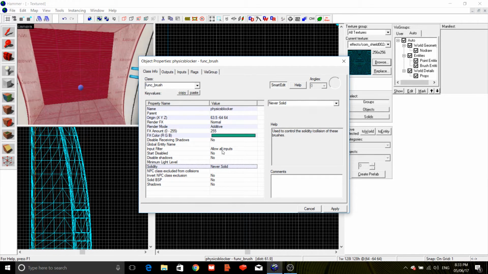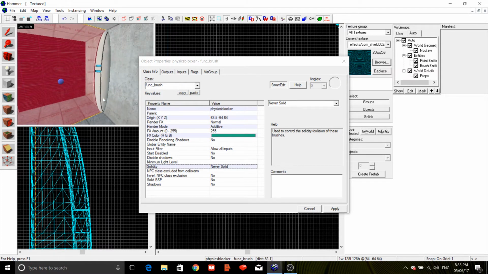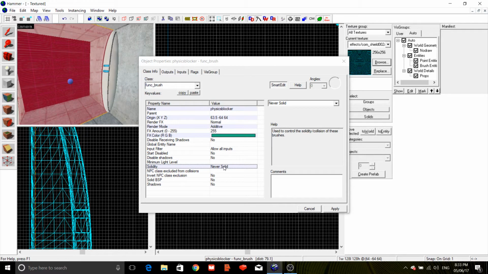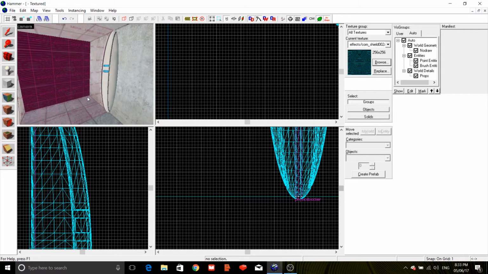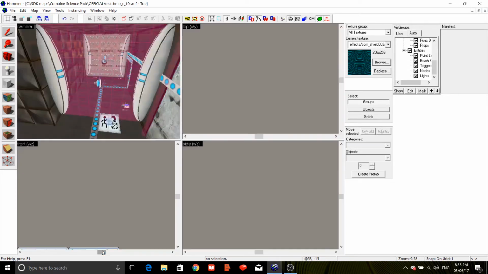And it's never solid, otherwise you would get clipped on it, and that would serve as a player physics blocker, which you don't want. So it's important that you have it be never solid, but in my case it's this, but you can really set it to whatever you want. You can set it to whatever texture you want, or you could, in my case, try and use a